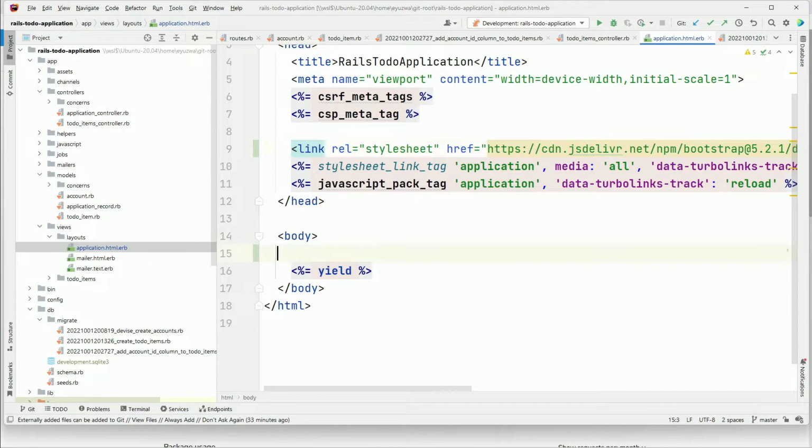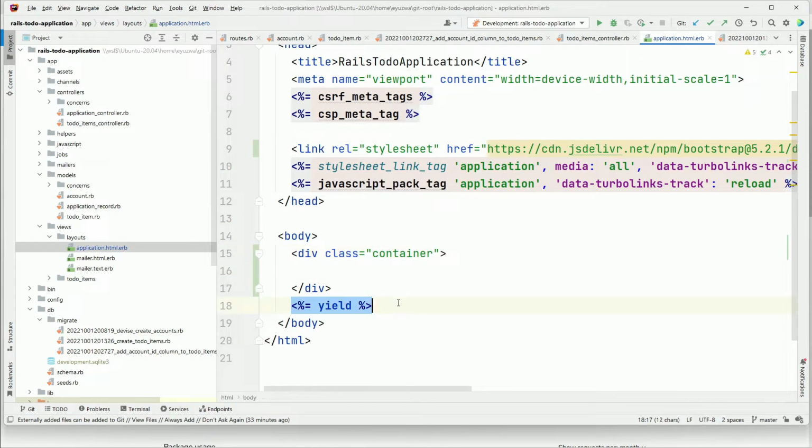So now what we're going to do is update the body to wrap all of our views within a container class. And let's keep that yield in there. So the yield is a helper method within the front-end markup where we inject all of our child views that the app is trying to render depending on what page we're going to. Okay, so we've got our style sheet coming in, and now we can put our navbar stuff right here in this